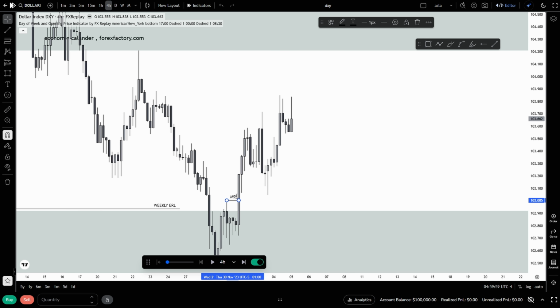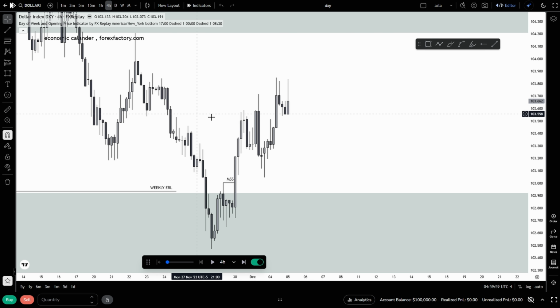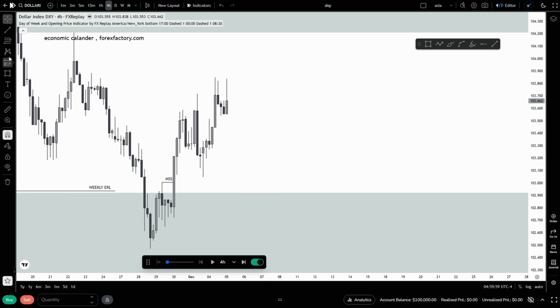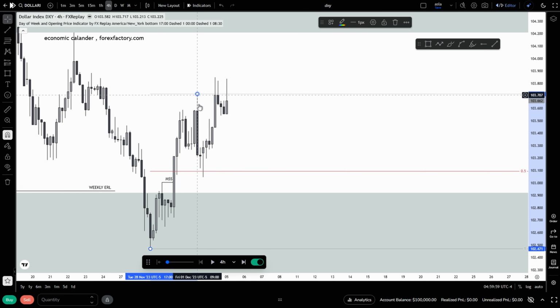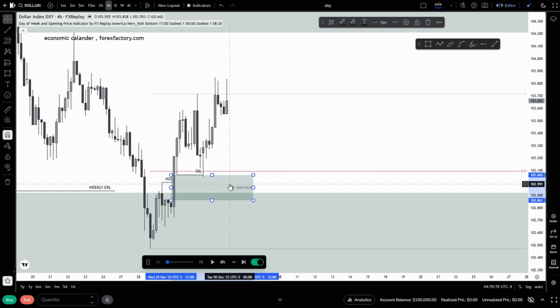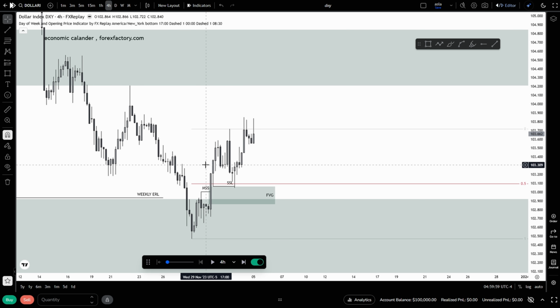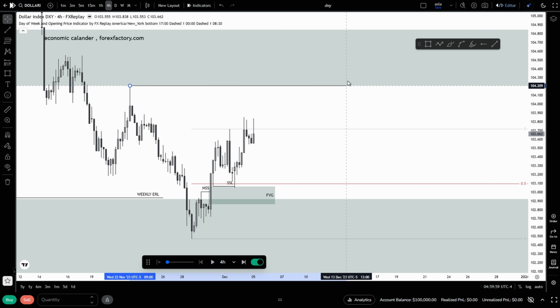After that bullish shift, price retraced into the discount portion of the 4-hour dealing range. Despite this retracement, the overall draw on liquidity remains to the upside, targeting the weekly bearish fair value gap. This alignment between the higher time frame bias and the 4-hour structure gives us confidence that we should be looking for buying opportunities rather than selling. Finally, dropping down to the 1-hour time frame, we refine our